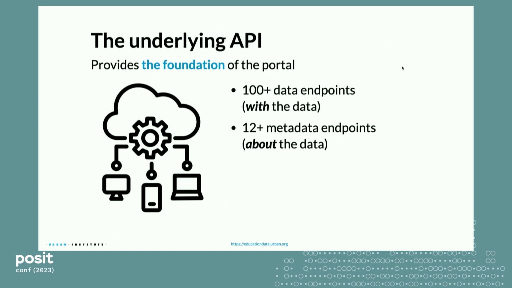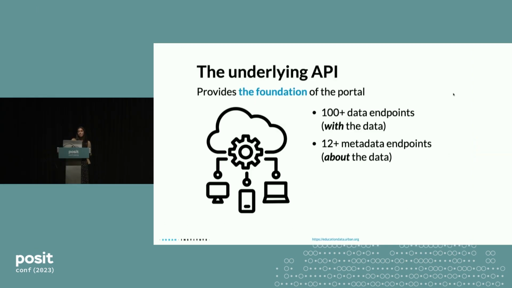So I think there's a lot of reasons why focusing on the underlying API here is very helpful. But I think the main reason for us is just that a lot of these data sets are really big. I also realize that big is very much a spectrum, but they're really big for the folks who are trying to do the things that they're trying to do with this data. And I mean that both in terms of the number of rows and also the number of columns.